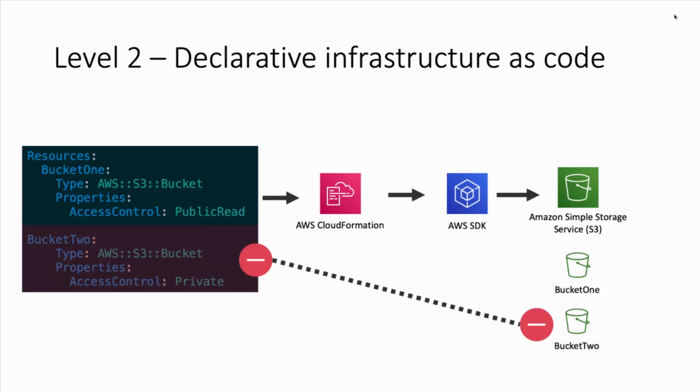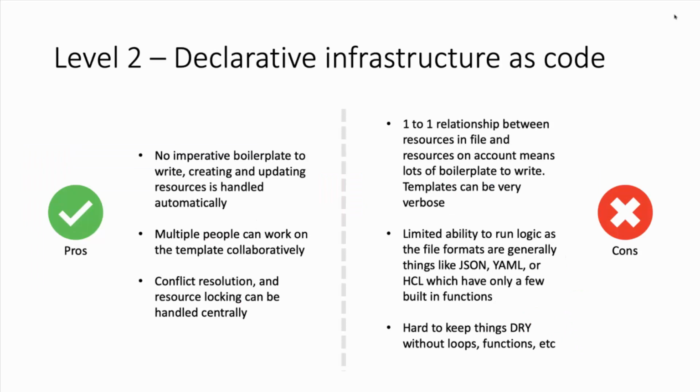CloudFormation will once again actually remove that bucket 2 according to the fact that I removed it from the list of resources. So I'm able to add or remove resources automatically from my account just by adding and removing them from the list of resources in this document. So to summarize the pros and cons of this approach,